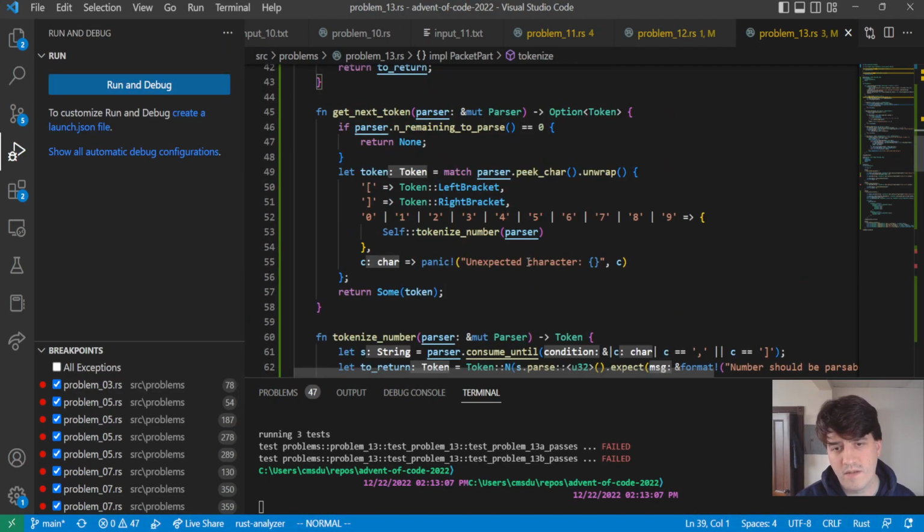Okay, so tokenized number is consuming, but otherwise it's not consuming, which we need it to do. Is there any reason not to just consume one here? Yes, there is. Okay, so we just